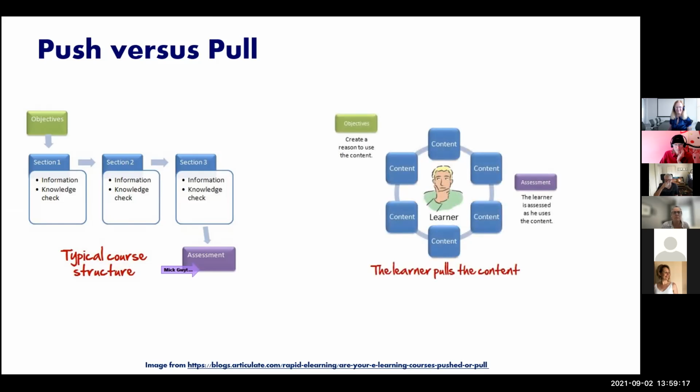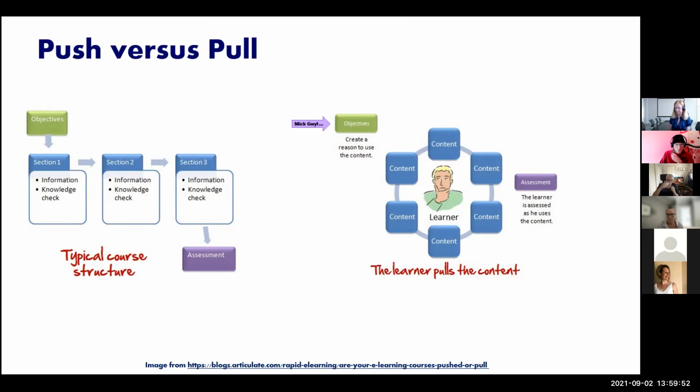Another way of looking at that is to give the students a reason to actually use your content. So have some activities all the way up front and surround them with the content that they need for that. Which is a little bit like how we solve problems, in the sense that we go to colleagues or we go to resources or we look online. So it's really showing students how to solve their own issues. But this is the important thing: we have some reason to use that particular content. And I'm going to show you a couple of methods that we can use to do that.